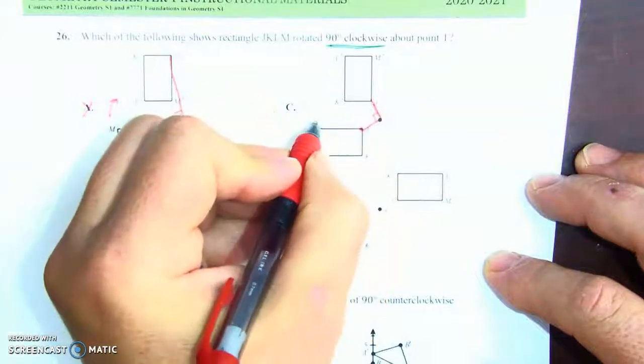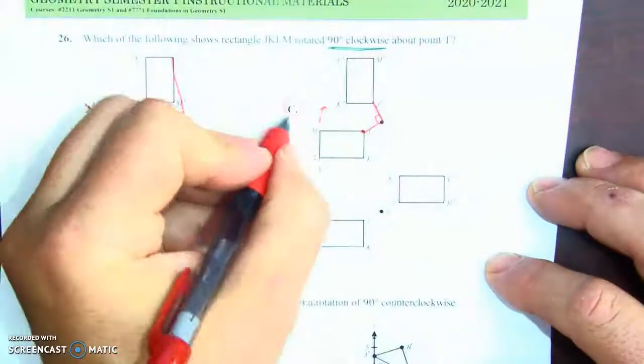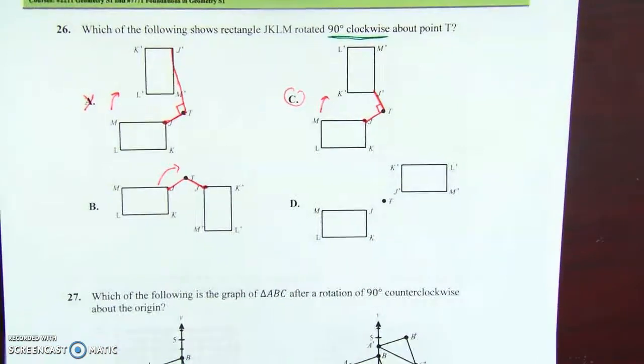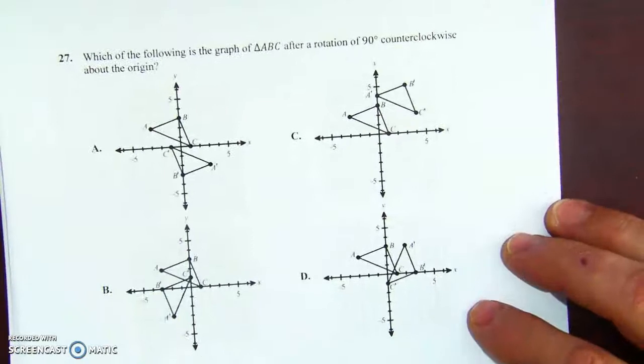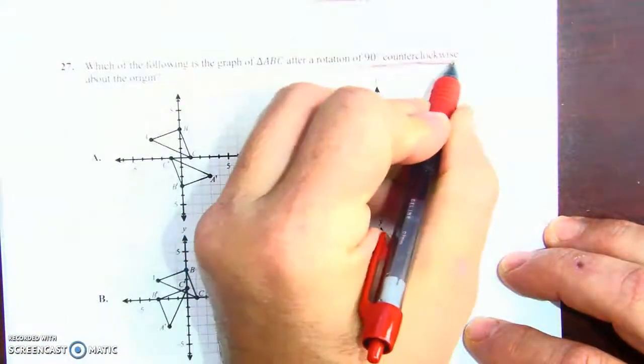Now, again, it looks like it is rotating this way, and it looks like the distances are the same, so my answer is going to be C on this one. All right. We're going to go to question number 27 now, and it refers to, again, 90 degrees